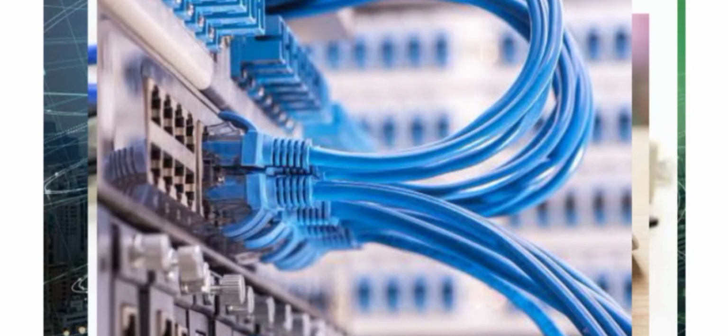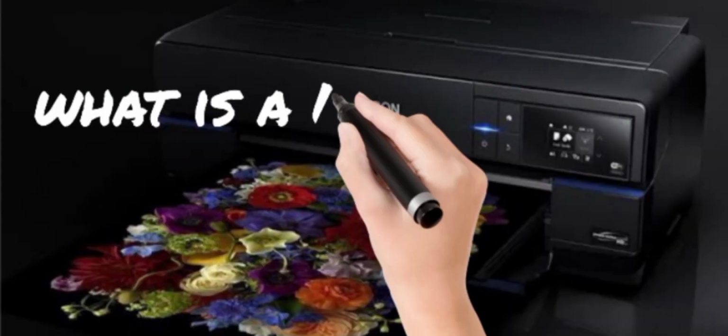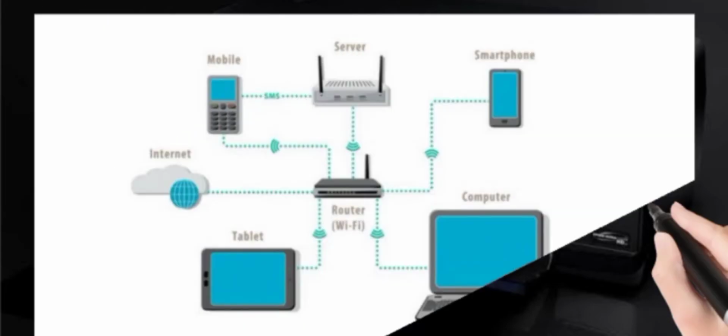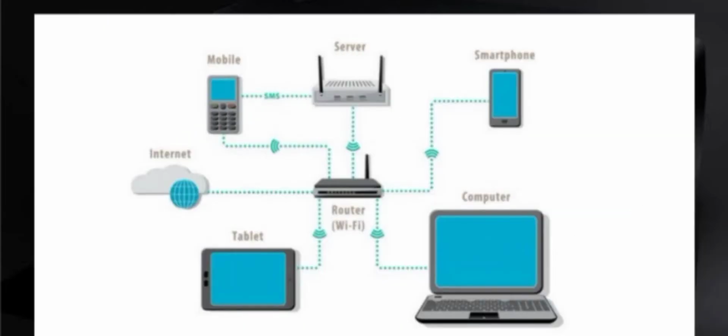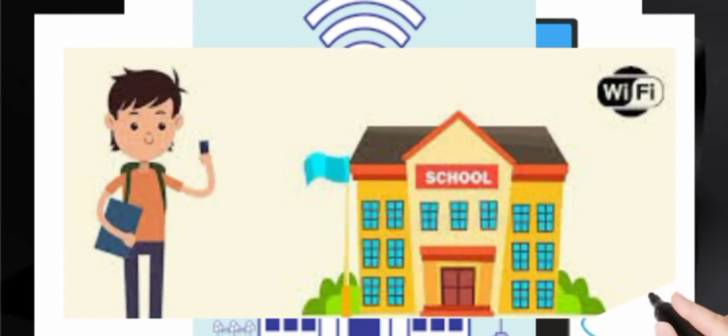Typically, LANs use wired connections to link the computers to each other and to a variety of peripheral devices such as printers. What is LAN and how does it work? A local area network, LAN, consists of a series of computers linked together to form a network in a circumscribed location. The computers in a LAN connect to each other via TCP/IP, Ethernet or Wi-Fi. A LAN is normally exclusive to an organization, such as a school, office, or association.